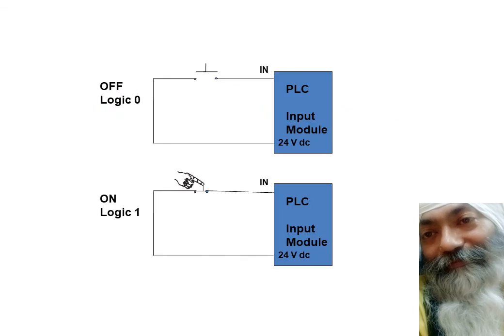What do we see over here? We see that this is the case. It is normally open and this is off. So the logic is 0. When someone presses it, it closes and it provides the kind of voltage which is required to the PLC. Then in this case, it becomes on and the logic becomes 1. This logic becomes 1, and that's why we say that it is now turned on.